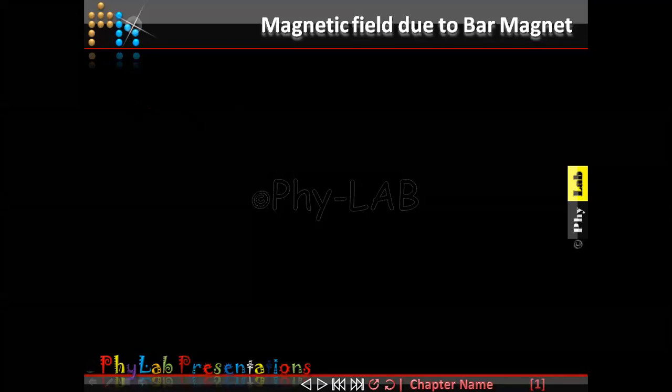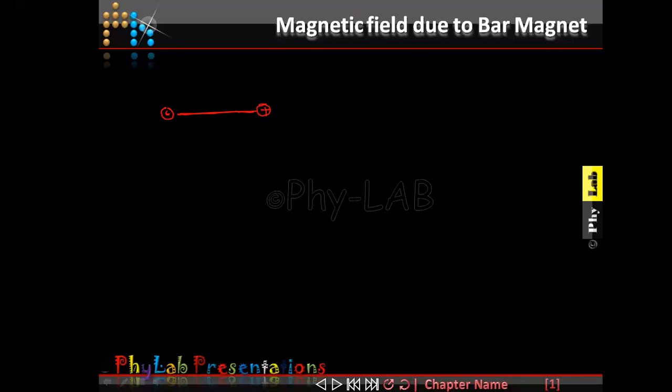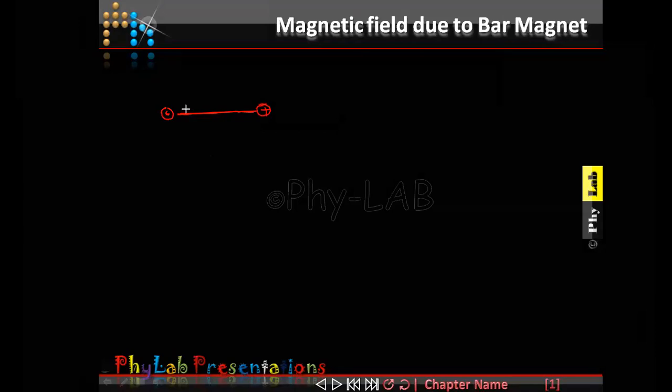Now, you know that in case of an electric dipole, whenever two charges were placed close by, they used to form an electric dipole. And the dipole moment was defined from the negative charge to the positive charge. So here you can see I have drawn one electric dipole. This electric dipole has a dipole moment which is directed from the negative charge to the positive charge like this. Let me call this dipole moment P.